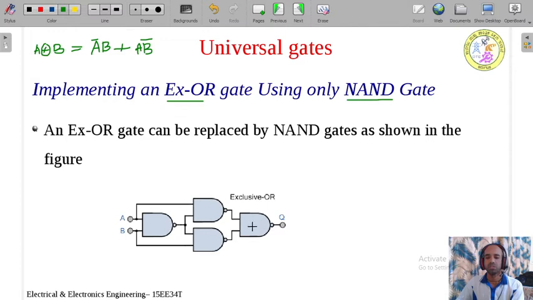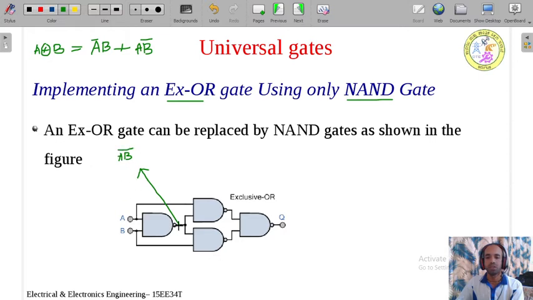Now here we have used the 4 NAND gates. This is the first one, second, third and fourth. Now we shall see the intermediate outputs first. What output are you going to get at this point? What are the inputs to this gate? A and B are the inputs. And this is an AND gate, so AND plus NOT we need to do. So the input is A and B, and because of the bubble, you need to add one bar. So this becomes AB bar.